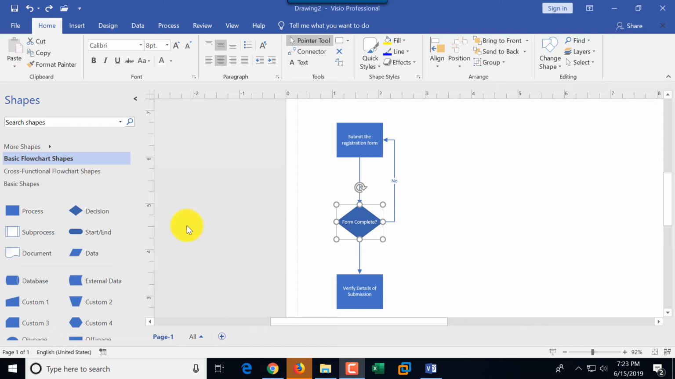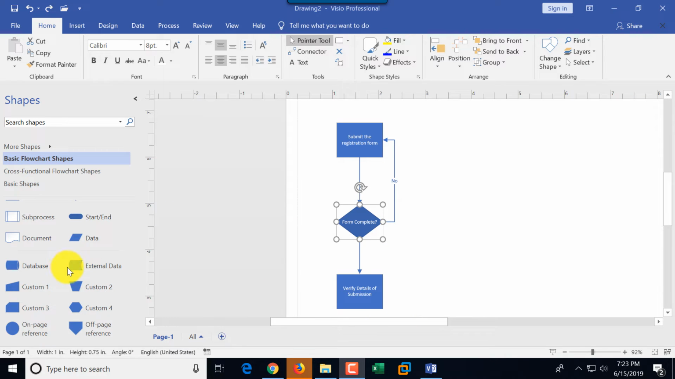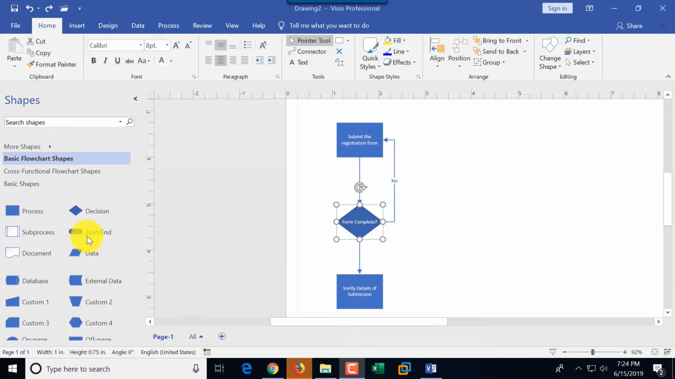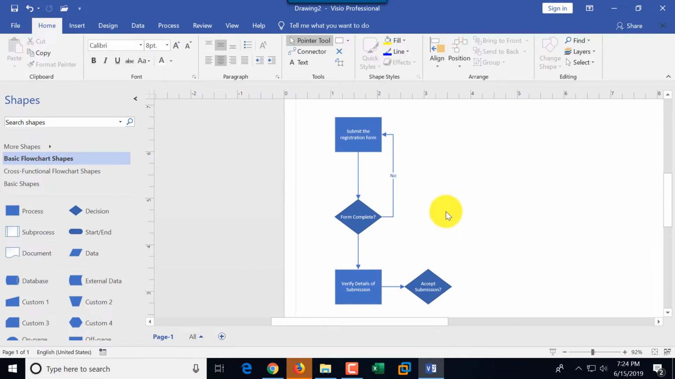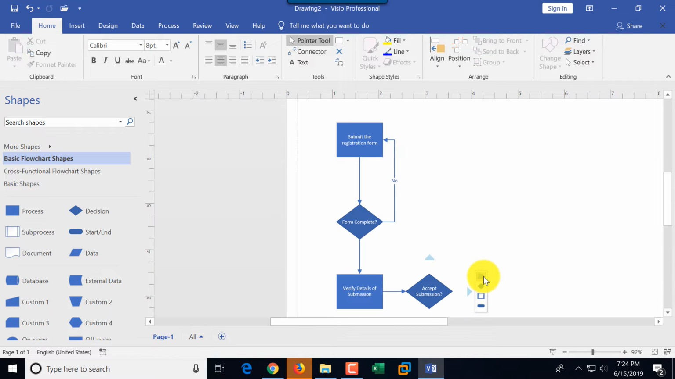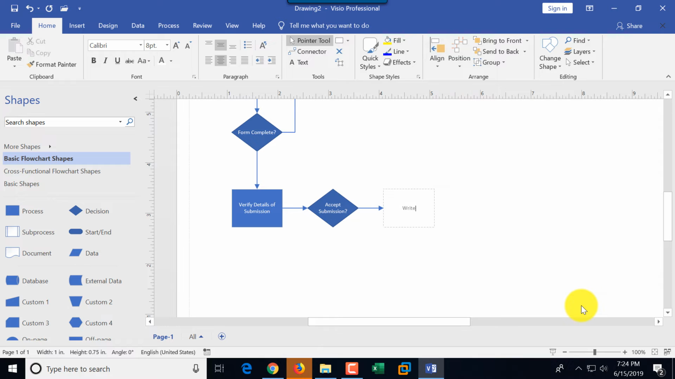So to do that, we go into decision shapes. Remember I showed you, you can drag and drop. Very similar process, doesn't matter which stencils you use in Visio. Or we can select the shape, a rectangular shape, and then add a decision point diamond, type accept submission question mark. If we say yes, then we say write acceptance letter,